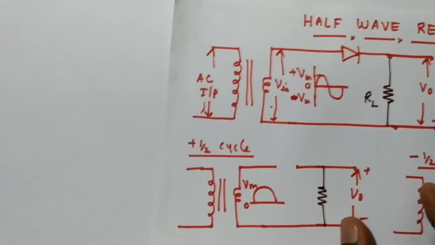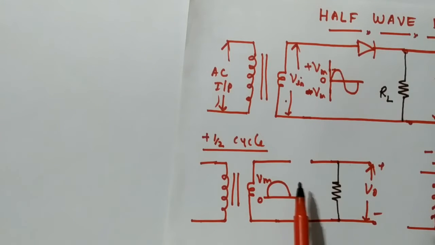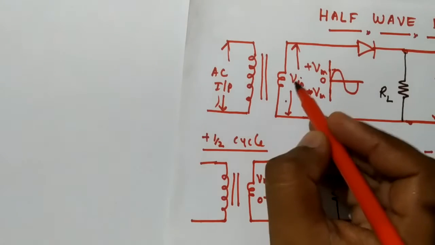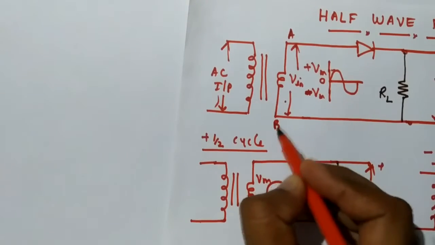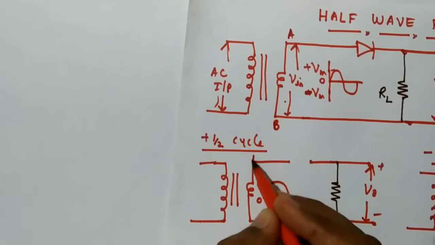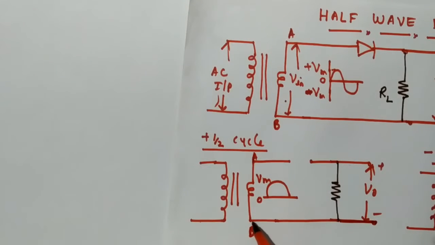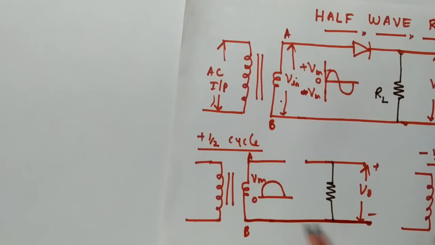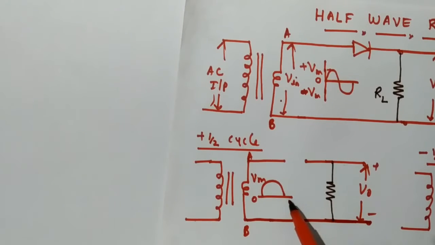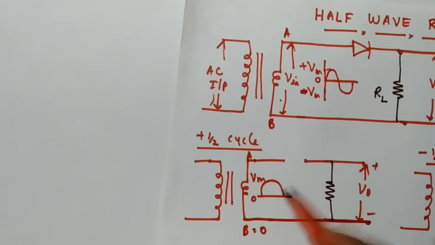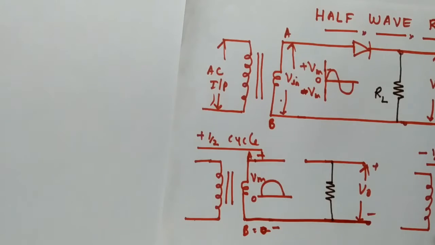One is what happens in the positive half cycle. See here, in the positive half cycle, if I write this as A and this as B, B is the reference to take the DC voltage. So B is common for AC and DC here. B will be taken as the reference. Now in the positive half cycle, see this is the signal and A is at higher potential compared to B. B is 0 volt and A is this much voltage. So A will be at higher potential, B will be at lower potential. So we write 0 as lower potential.